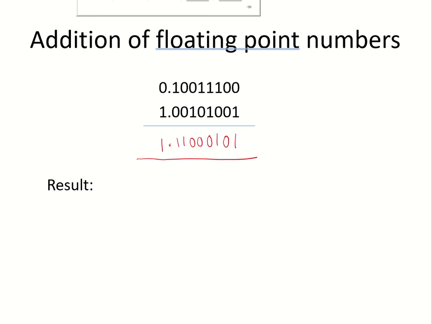I hope this is correct. Okay. So this is the mantissa. This is already normalized, so I don't have to shift the mantissa now. So this is 1.11000101 into 2 to the power of 131, though the actual result is 2 to the power of 4, but when it is stored in excess 127 representation, it will be 131.